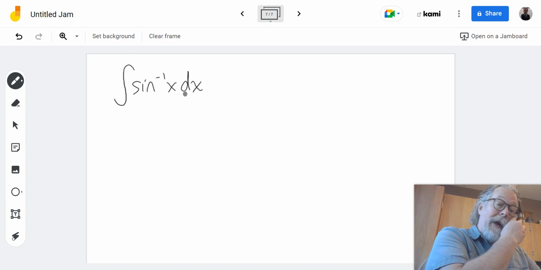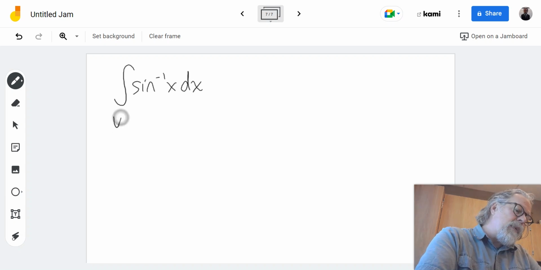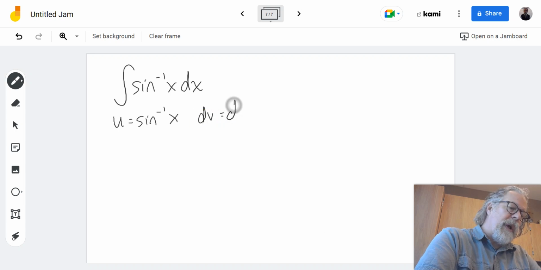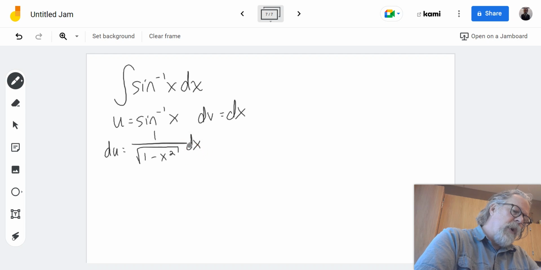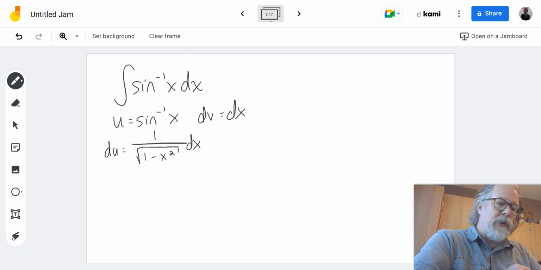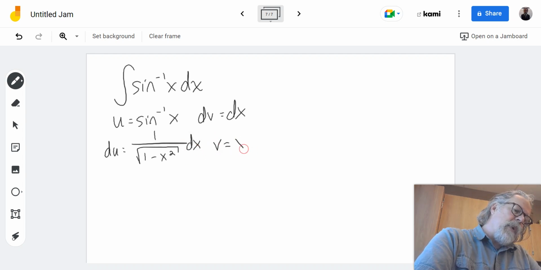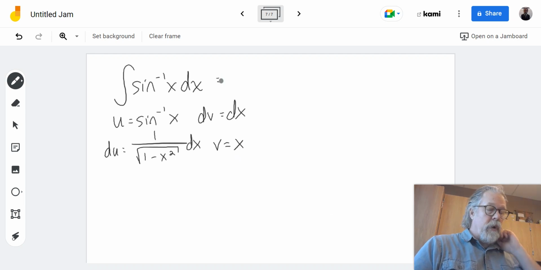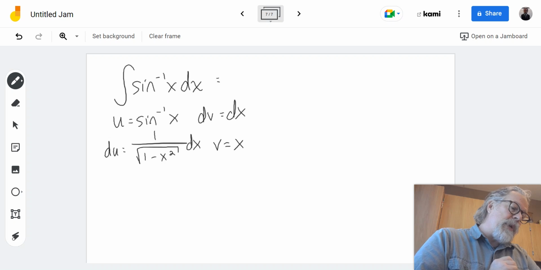I have no idea. But I do know the derivative of arc sine of x, so I will make u equal to arc sine of x. The derivative of arc sine of x, of course, is 1 over the square root of 1 minus x squared dx. And no, I don't have that memorized. I looked it up. And v is equal to x,